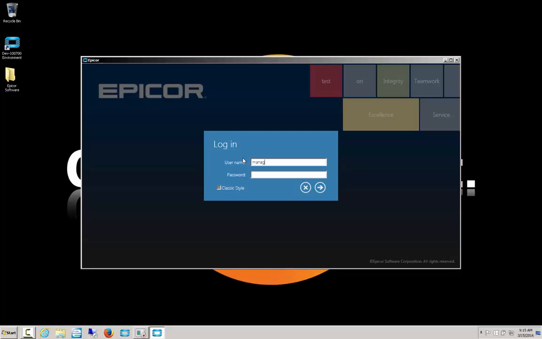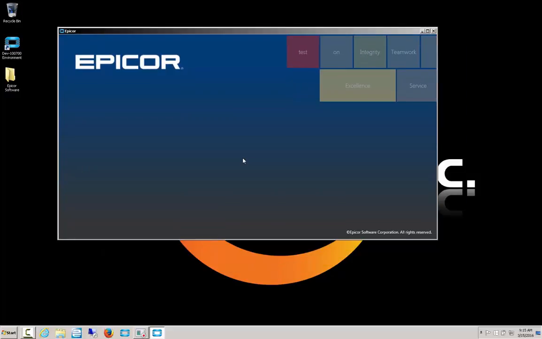Now, I'm going to log in, hit Enter. And once we get logged in, we'll go ahead and create a basic sales order so we have something to document. Now this tool is very useful for consultants like myself that when a user encounters an issue